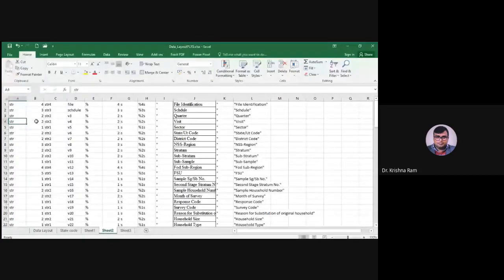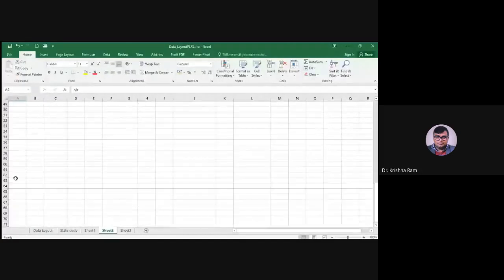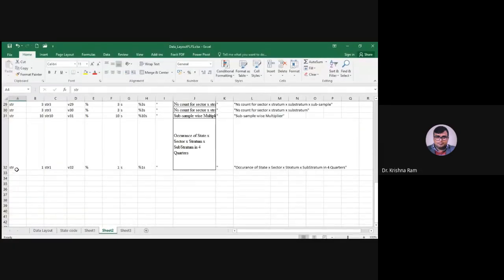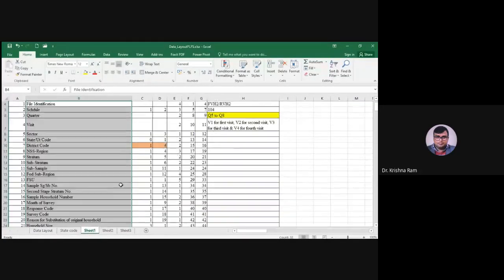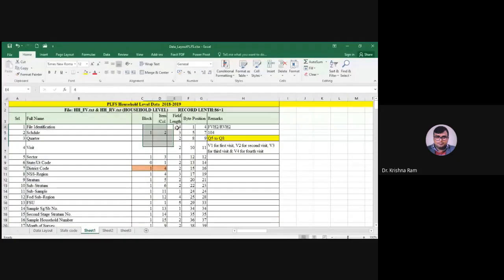You will get the str information in all rows, or you can say the str letters in all rows. Second column one is the field length information that you copied from here. Look here, this one is your field length. So what we do, copy these field length informations